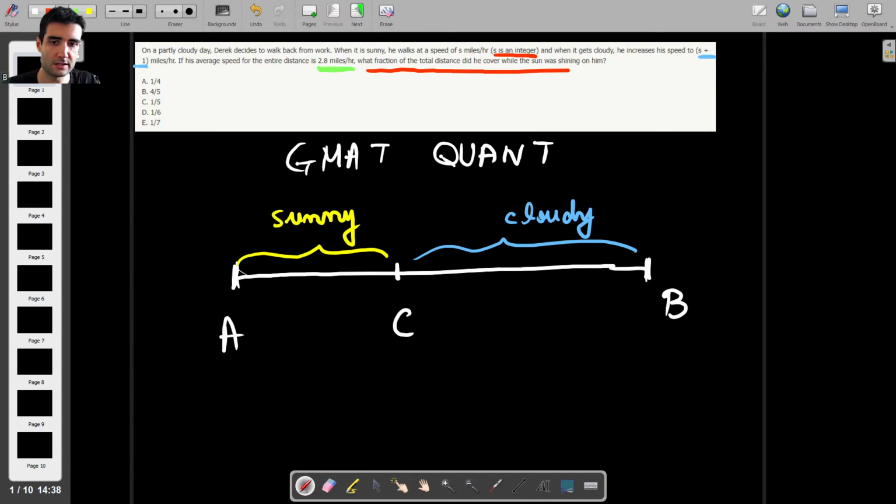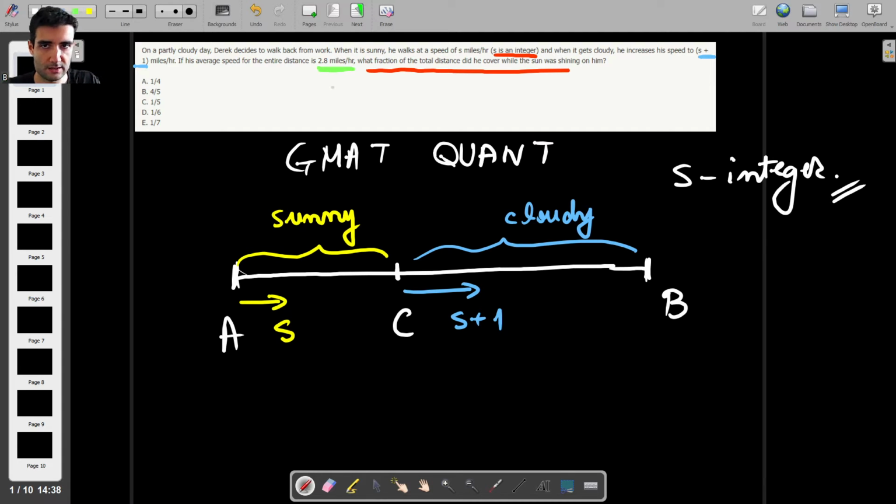So Derek travels this distance with a speed of s, so he's enjoying the weather, not taking his time, and then when it's cloudy he increases the pace, he moves faster by 1 mile per hour. And we have to use this and also the fact that s is an integer,